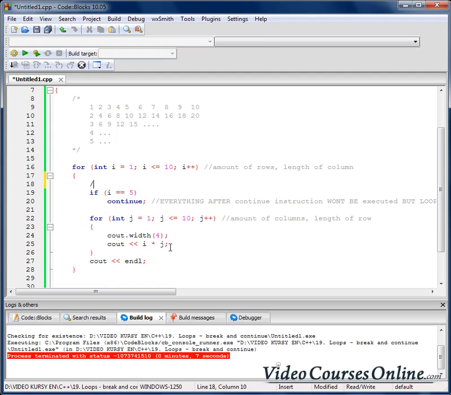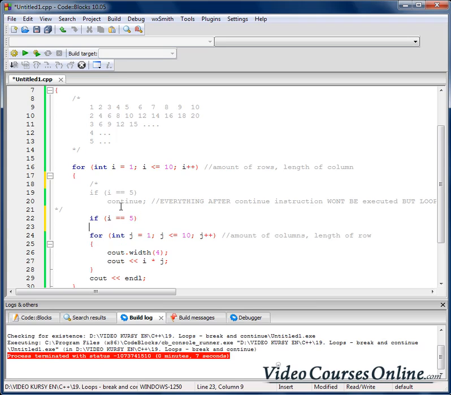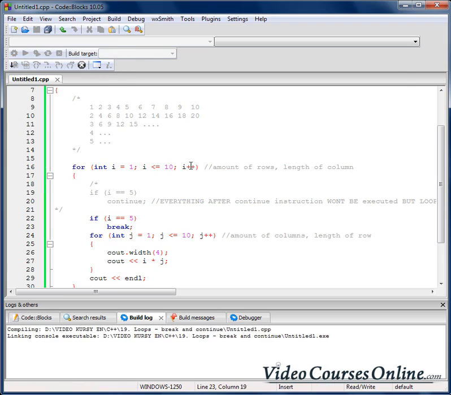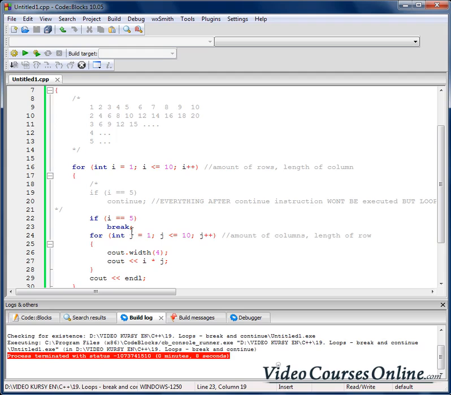Okay, so this is the continue instruction. It works like that. Now I'd like to tell you about the break instruction. What will happen when I do something like that? Break. As you can see, we can't see anything after the 5th row right now. So break is working like that: everything after break won't be executed,